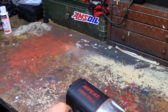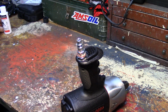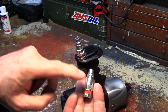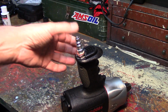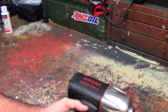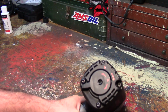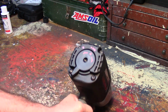A few of the features on this thing: you have to have a 3/8 air fitting, and you screw it in. It looks like this, 3/8, which I already put in. It requires a 1/2 inch air hose, so you should get a 1/2 inch air hose for your air compressor. It draws 10 CFM, which is a lot. On the back you have